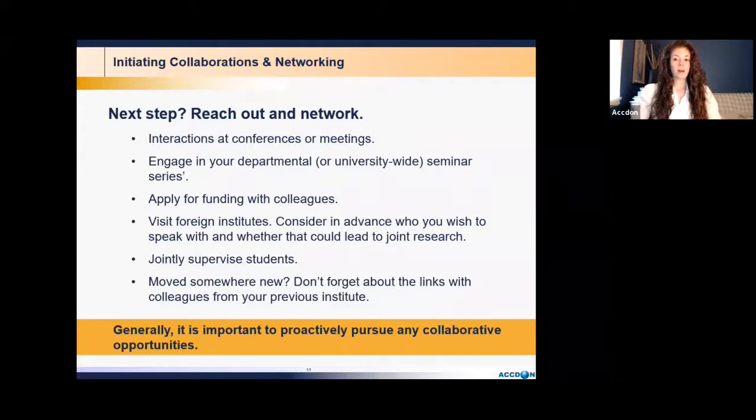If you are a professor and you are supervising students, a way to initiate a new collaboration would be to jointly supervise a student. And this can be within different departments in your university, within your department itself, or between departments or between universities,